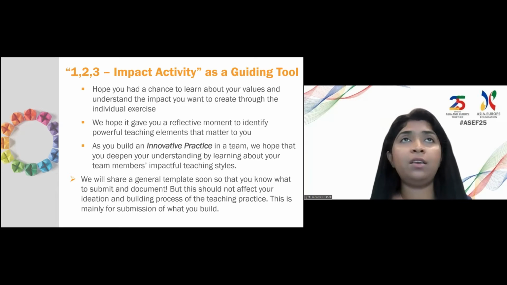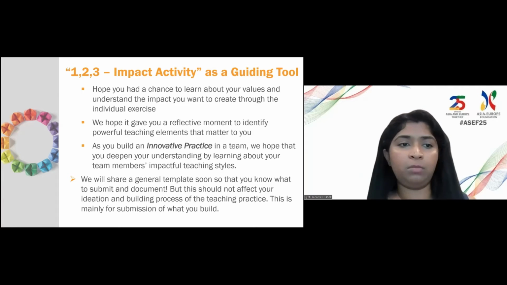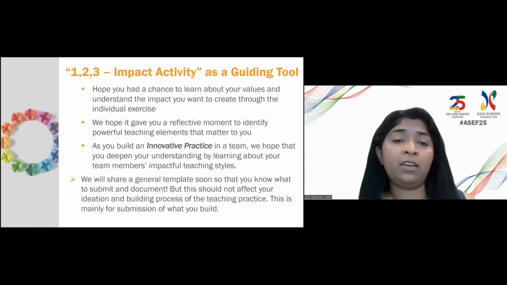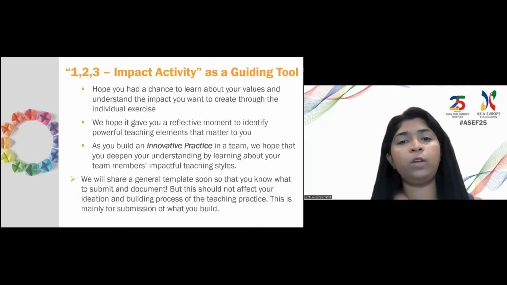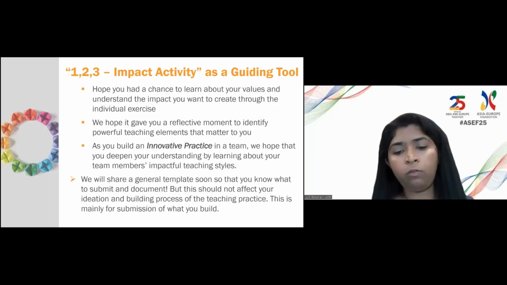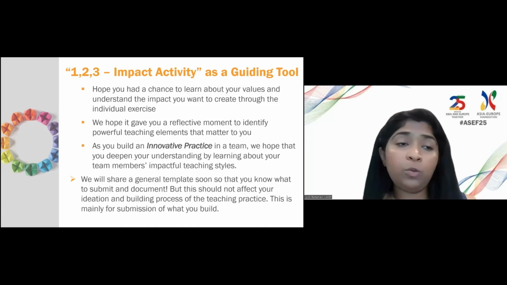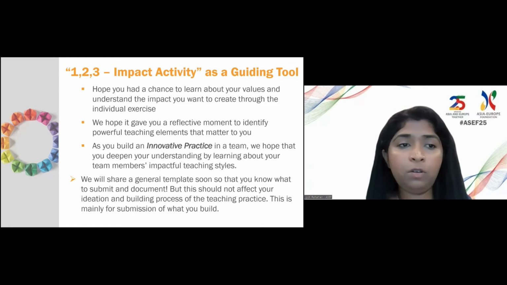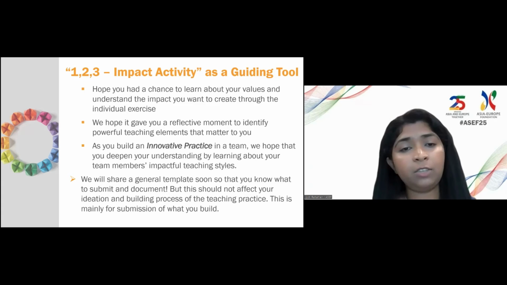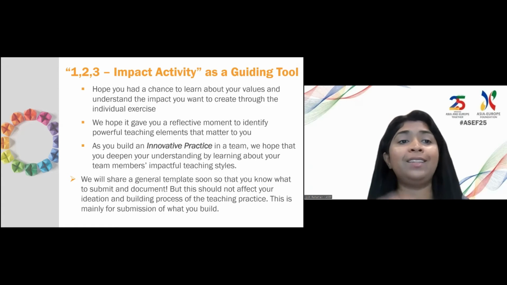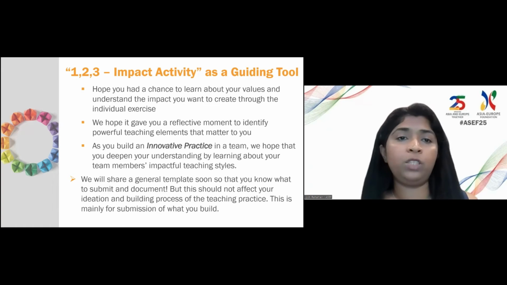We wanted to introduce something that focuses more on the impact and your core values as a teacher, because as individual teachers, you all care about different things. You all care about issues that significantly matter in your own classroom. So for that reason, we want the whole focus to be on impact: how you want to create a classroom that matters to you, how you want your students to describe that classroom, as well as how you want to integrate the key outcome that you want to create for your students through this innovative teaching practice.